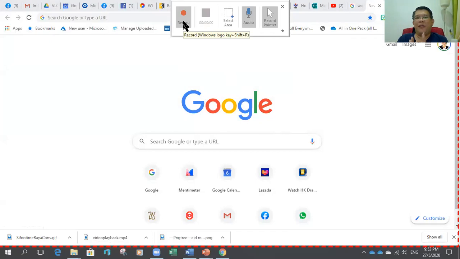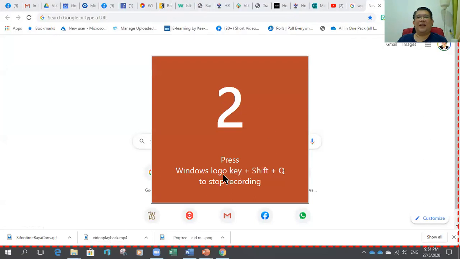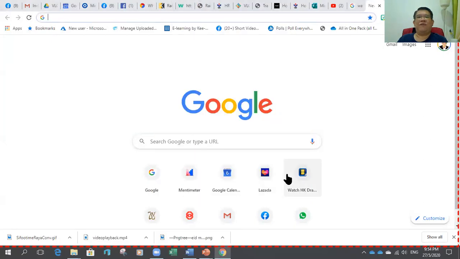So help me to remember something. When I click this button later, they will give me a screen to tell me how to stop. So it says there, the Windows key, Shift and Q. So now, whatever I'm talking now and whatever I'm going to do in this screen is going to be recorded. So I click here, then I can do things like